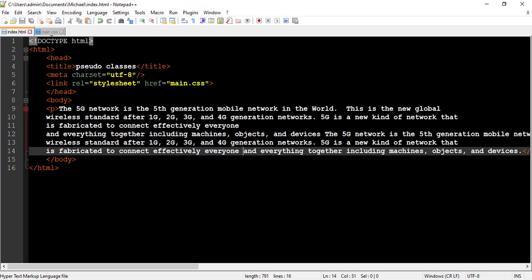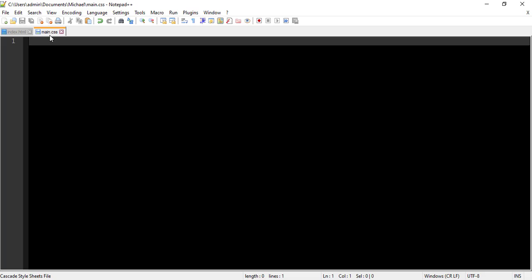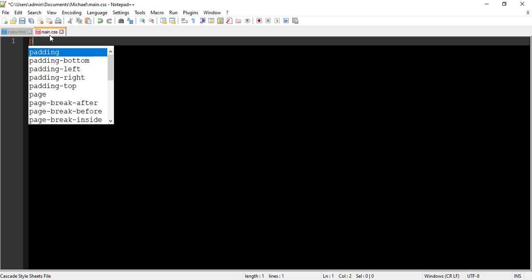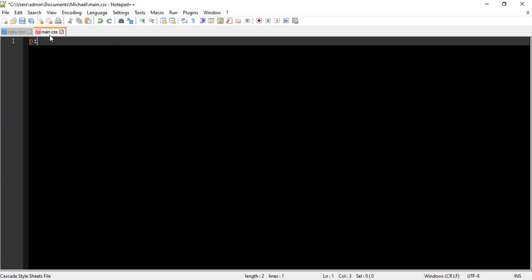So to do that, I'm just gonna use the selector, which is the paragraph, and this time I'm gonna append the pseudo class which we are going to be styling, which is the first letter. So I'm gonna type in first letter,